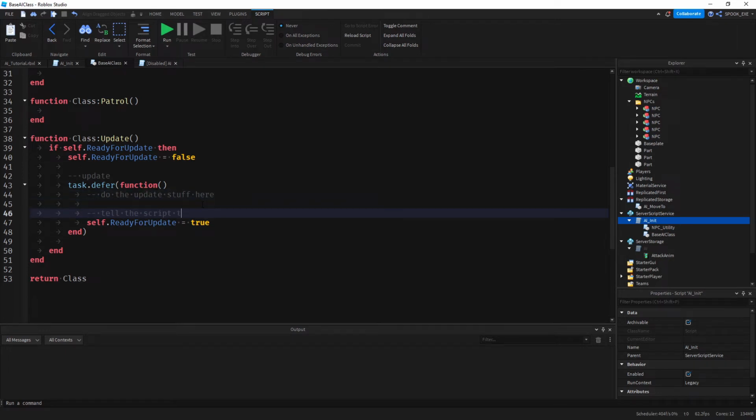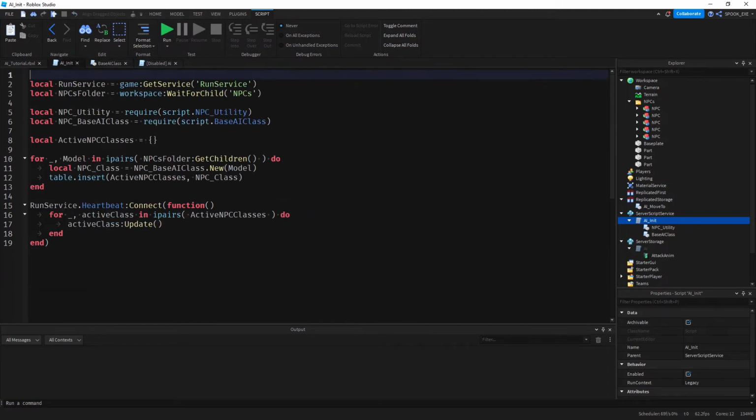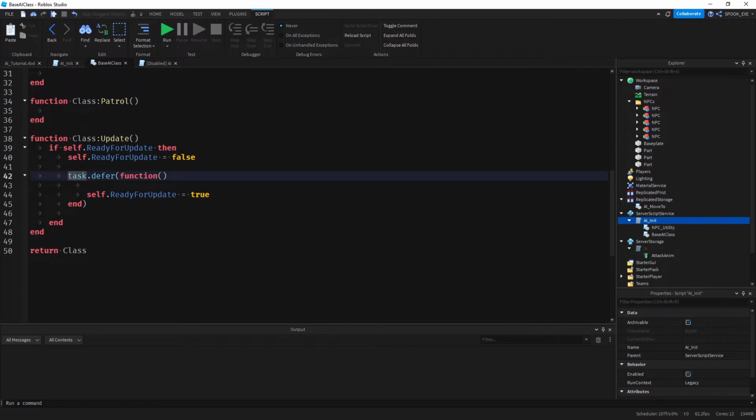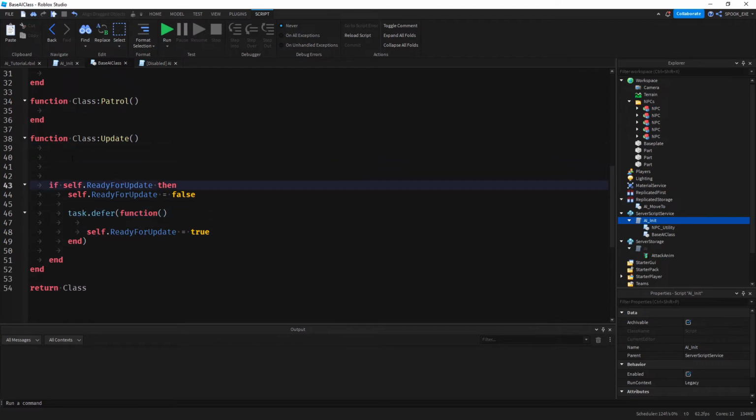Tell the script to update again. And then yeah, we'll just tell the script when to update again. And then the next heartbeat, it will run the update again. But yeah, so that's the general idea for this, and I'm going to change this code a little bit so